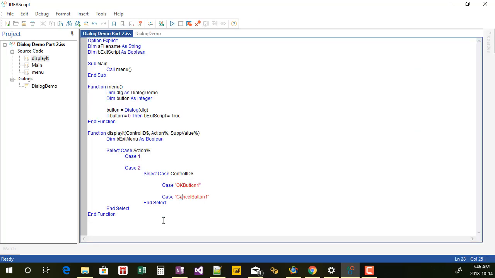And how I do that is, in the previous video, I created the variable called bExitMenu as Boolean. So now I'm going to use that. By default, whenever you create a Boolean variable, it's set as false. So I'm going to add in some code here. I'm going to do a little check here. If